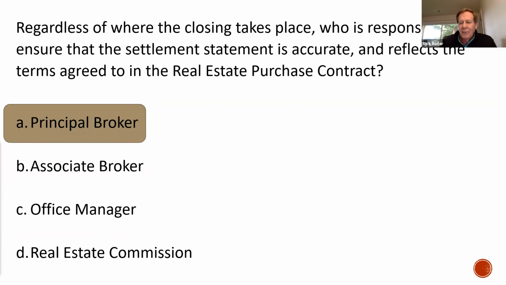So you need to understand those settlement sheets so that you know, as an agent, even though your broker is responsible, it just impresses your clients a lot better if you know what those figures mean. There's a couple different ways to get there. One is to get there early, perhaps, and then go through the figures with the title company. Sometimes that works. A lot of times it doesn't, because they're working on the figures up to the last minute.